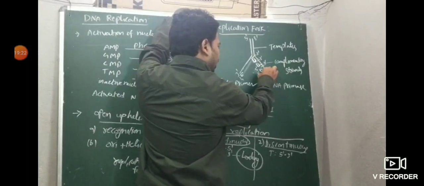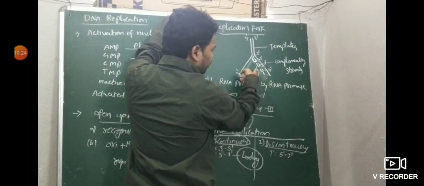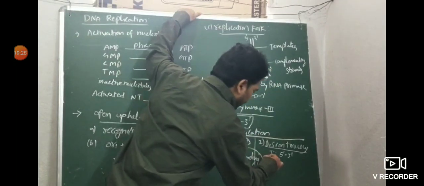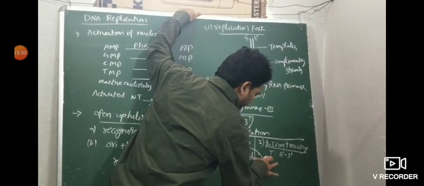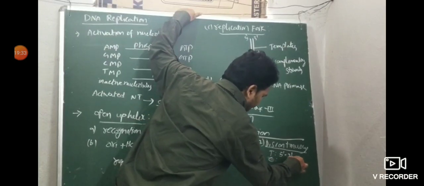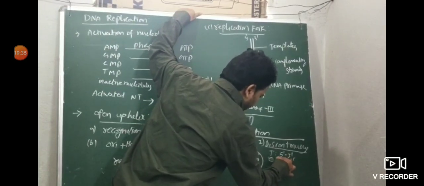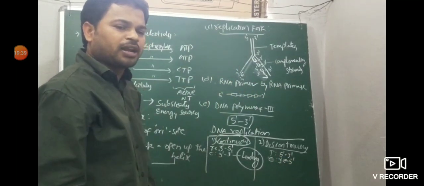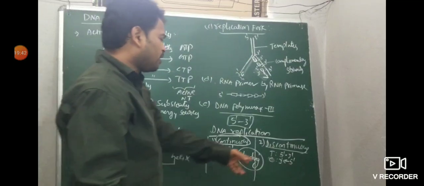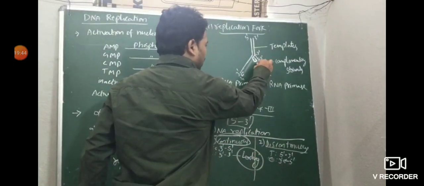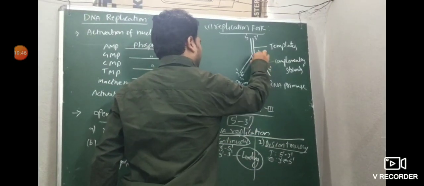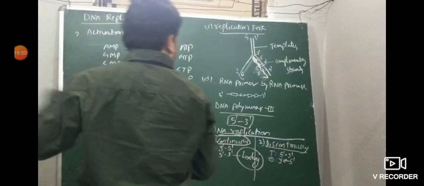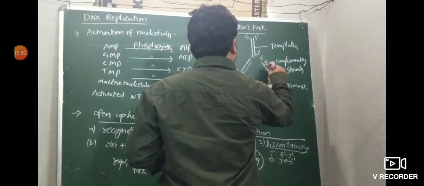Then new nucleotides are joined here. Then extend the strand 5 prime to 3 prime like that only. The new complementary DNA forms opposite, 5 prime to 3 prime only. I told you, the DNA polymerase 3 enzyme catalyzes extension of the strand always 5 prime to 3 prime. Here one fragment, here one fragment. So how is it, sir? I am going to show here again.